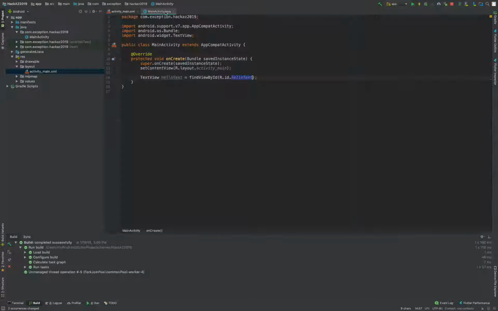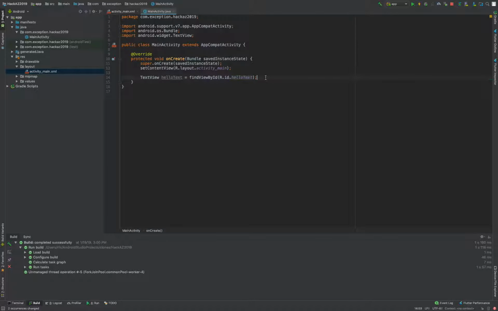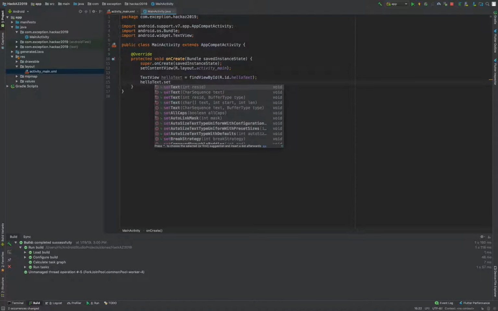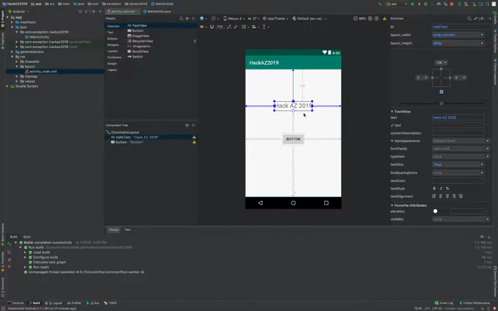Now we want to change the hack AZ 2019 with our code. So here we already have access to our text element, the text view. How are you going to do it? helloText dot setText. That means we want to set the text. Welcome everyone. If you change the text in your code, you will not see it in the layout, but when you run it,